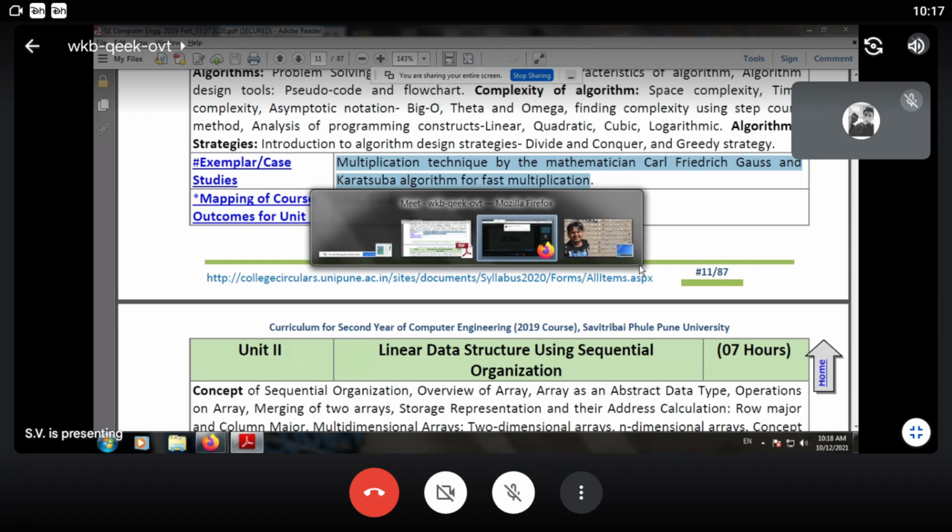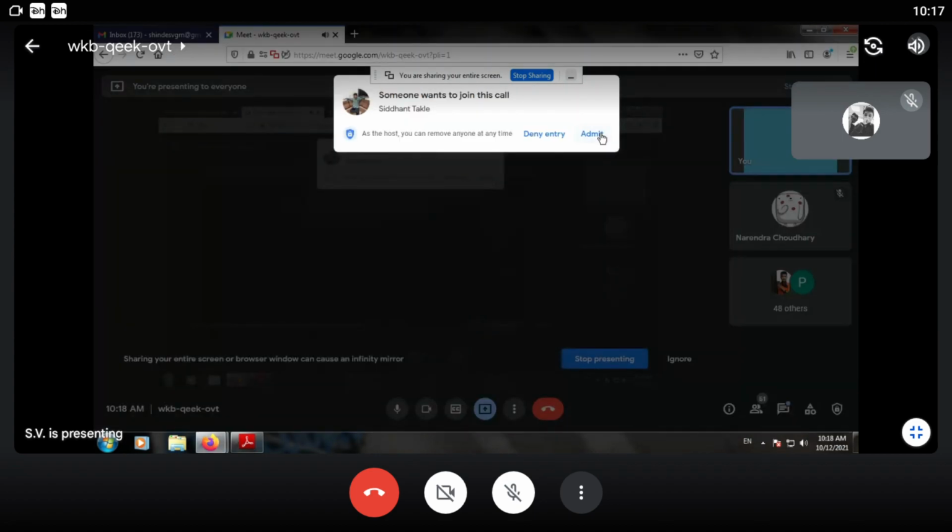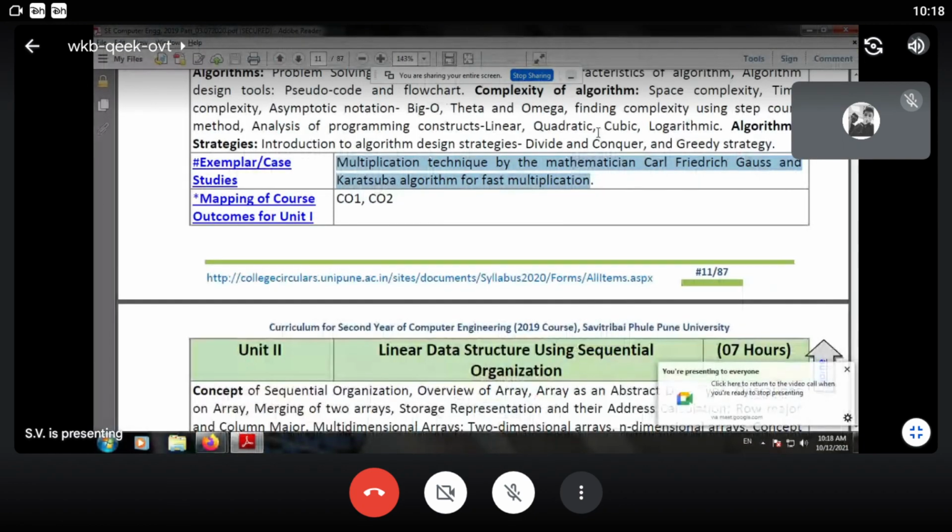It is a very simple process, but if you have only the literature, that is where it is defined. So on the internet you have to search, or you can search various journals available for mathematical calculations with the author name, that is Carl Friedrich Gauss, and you can find the fast multiplication presentations. You can make your own notes, and as a part of submission, you can write your own contribution to it using Python or C++. So you have to implement it using Python and C++. Then and only then the objectives.